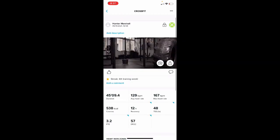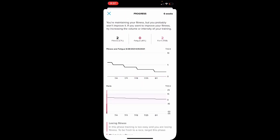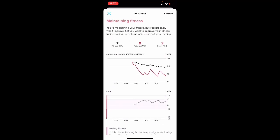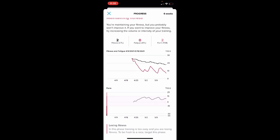You can see the workout statistics there, but all of this now applies to the training graphs that are porting over. Now, I don't have a lot of data in here, but you can at least get an idea of fitness and fatigue. As you're growing some part of it, your fitness is growing alongside the fatigue or the impact. There are a lot of details here, which I'm going to do a separate analysis of. But one thing to see is that they're really now tracking your load, your fatigue level over time, and the overall training